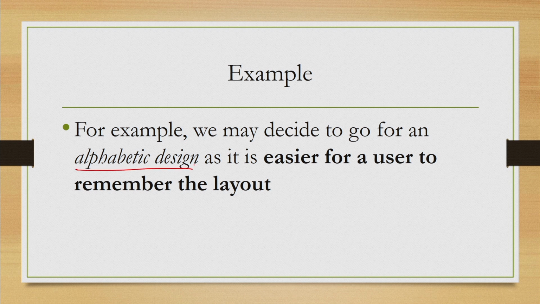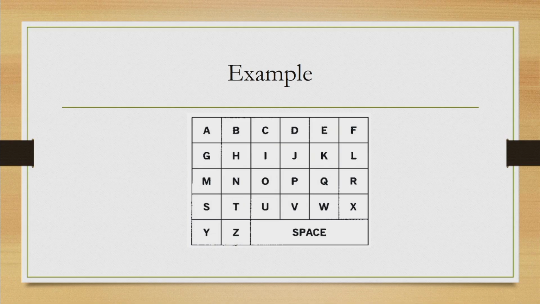What does an alphabetic design mean? It means that the letters on the layout are arranged alphabetically, the way they are arranged in the alphabet. And why is this design going to be good? Because it is easier to remember the position of the keys. So, the user can gain familiarity with this layout quickly, because we are all familiar with the alphabet and we know that the keys are arranged alphabetically. So, we know where to look for a particular key in the layout. The keyboard design may look like this. This is of course one possibility.